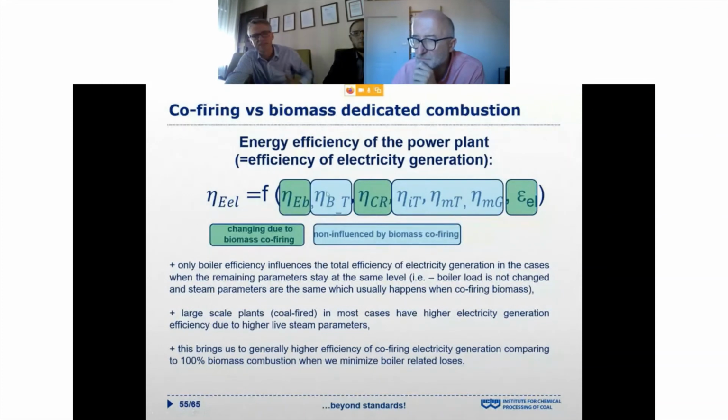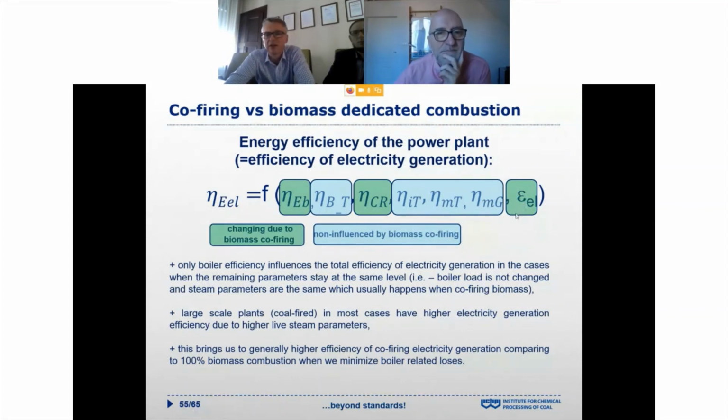When we are sending the steam from the boiler to the turbine, the efficiency of the piping, also in terms of the heat losses, should be considered. The Clausius-Rankine efficiency of the power plant, so very general efficiency, also should be considered. The internal efficiency of the turbine, the mechanical efficiencies of the turbine and the electric generator, and